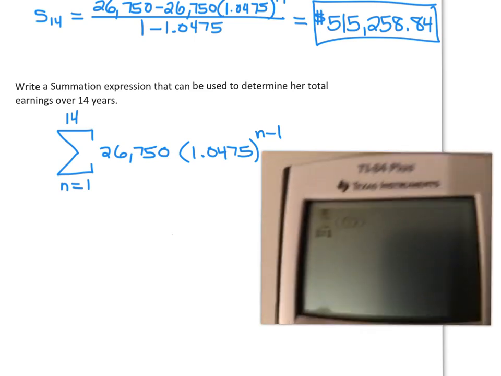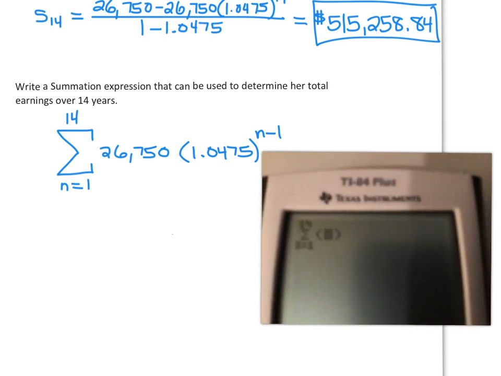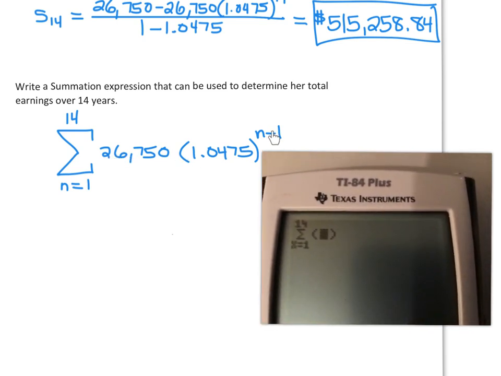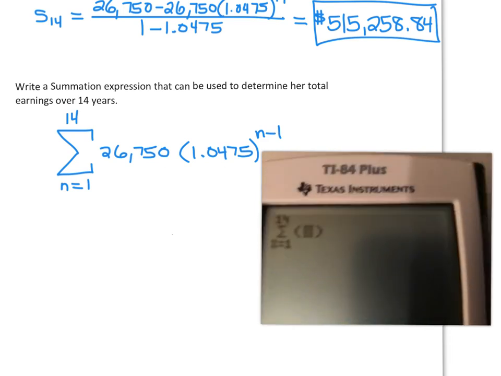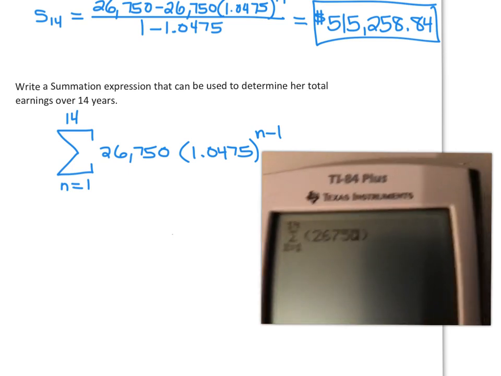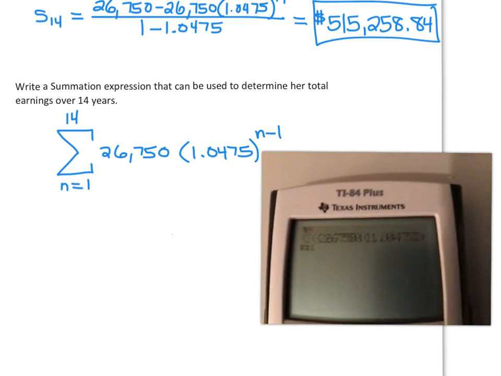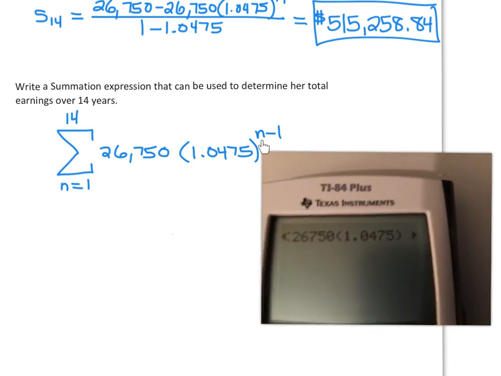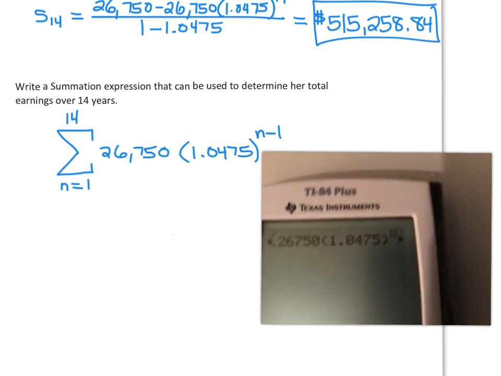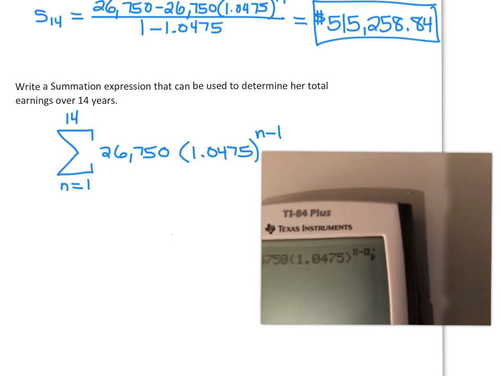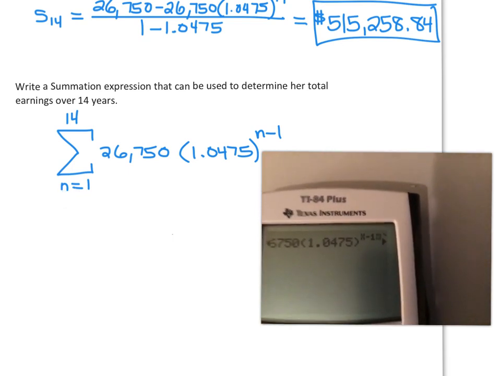All right, so let's see. I'm going to make that 14. Okay, now, within these parentheses right here, I'm going to type exactly what I say. Make sure it all goes within those given parentheses. And you should be doing this just to make sure that you know exactly how to type this in and you're getting the same answer that I am. So I'm just typing in exactly what I see. And I'm going to raise that, instead of to the n minus 1 power, to the x minus 1 power. And the reason I'm using x is because I had used an x here instead of an n. Okay, so now when we hit enter,